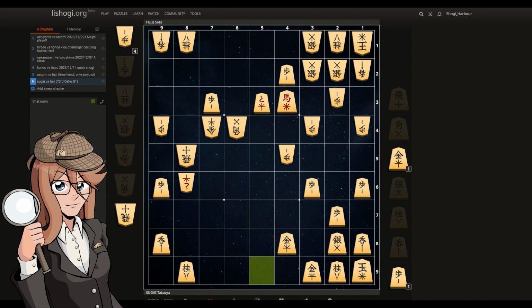The key move will be rook drop 5-9, again an offensive defensive move. And here the threat is actually to take this gold for free because the silver cannot move. And here obviously we are threatening to take this tokin for free as well. Sugai played gold back. If it would be anything else, like a gold drop, we would have taken the tokin,